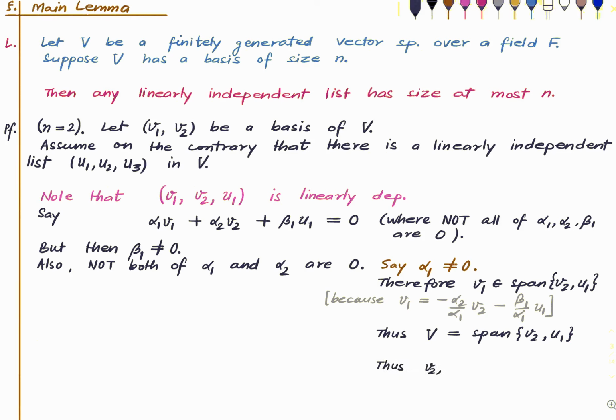So we have that. And again, this implies, therefore, v2, u1 and u2 is linearly dependent. The reason is u2 is in the span of the first two, as we just showed. So this is a linearly dependent list. Unfortunately, I have to go to a different page. So therefore,